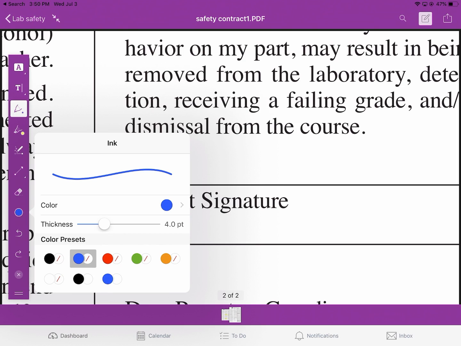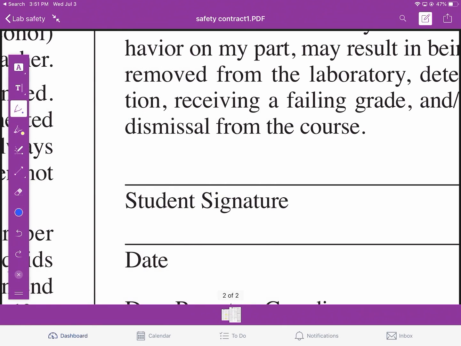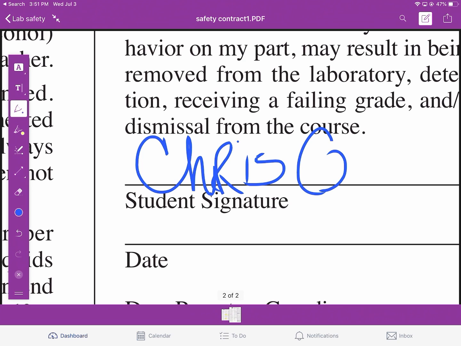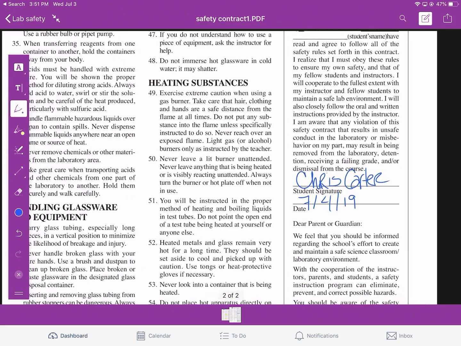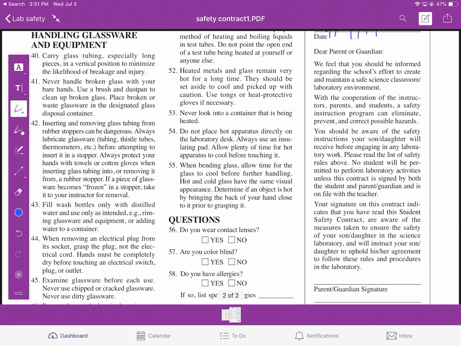So I held this button down, and then I'm going to bring the thickness way down because I want it to look like an ink line. It shows you a preview of what it will look like. So I'm going to click over here next to signature just to kind of close that window. I'm going to use my finger. And then I'm going to use 2 fingers to make it smaller, 2 fingers to push up,